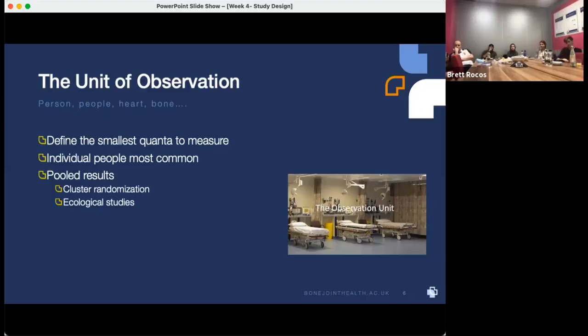And no one moves in isolation. So the most common unit is an individual person. But you can kind of group those people together. And this is where the terms cluster randomization and ecological studies come in. Because you go, well, an individual person doesn't really mean very much, but perhaps all the people in that group